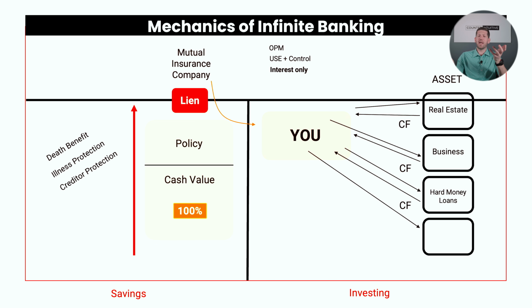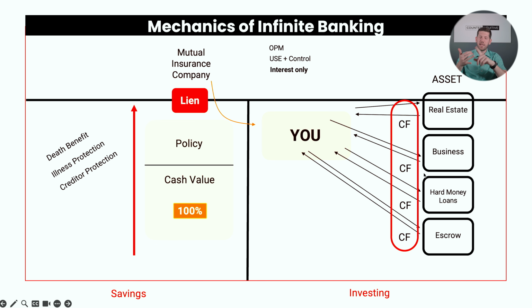And some people might say, hey, I got property taxes, insurance premiums, personal taxes, or personal reserves. Where am I going to sit those? A lot of people will sit those funds at a third-party bank. They're going to let that bank take that in a separate savings account or checking account, and they're going to go loan that out in profit. Well, why don't we just flow that through our own bank or our own policy, recapture interest, or gain more interest on our funds that we otherwise were escrowing over here and funnel it through our policy, get a little bit more advanced in our infinite banking concept.